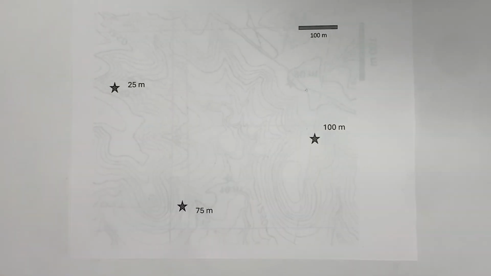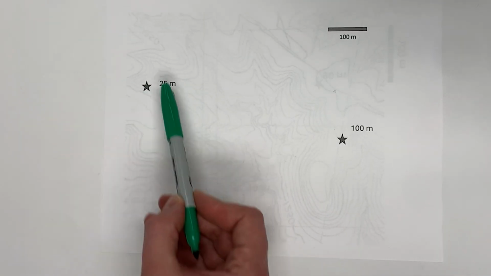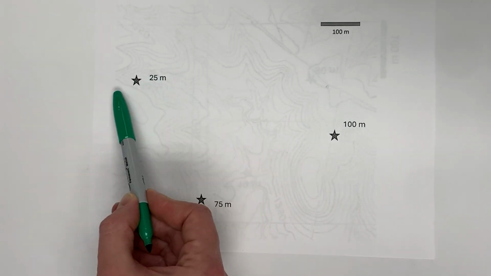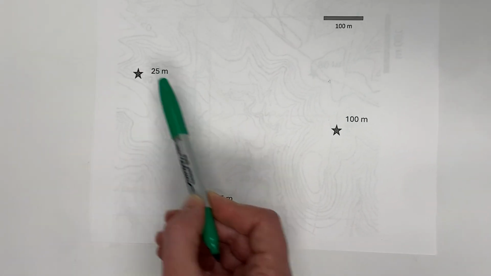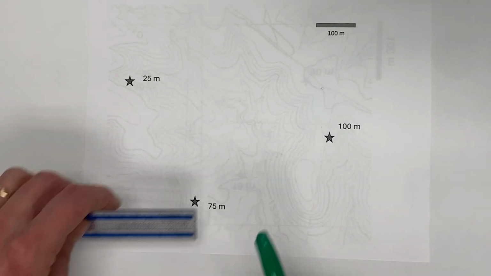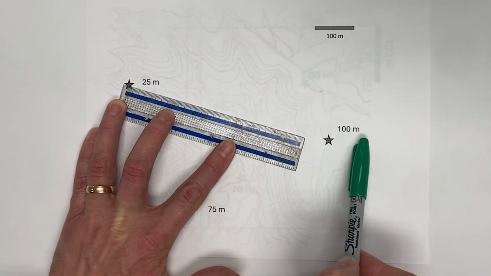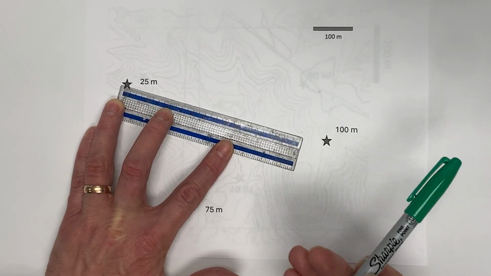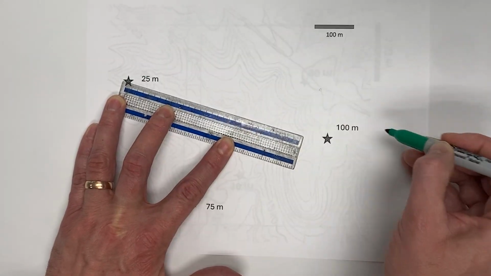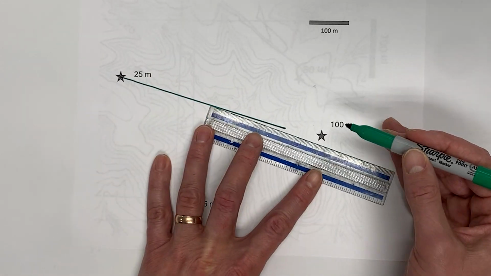All right, so this is a 3-point problem. The first step is to see which, so this is where we have a geological contact at depth in drill holes. The contact is at 25 meters here, it's at 75 meters here, and 100 meters here. So what we do first is just go from the highest and lowest, and